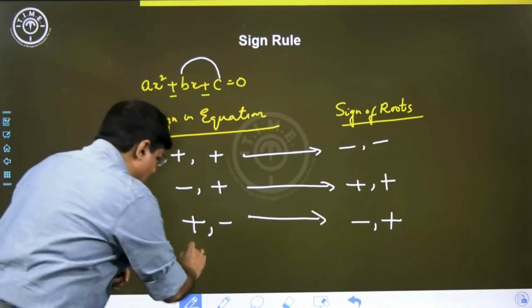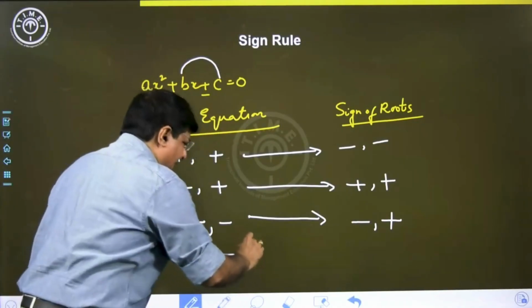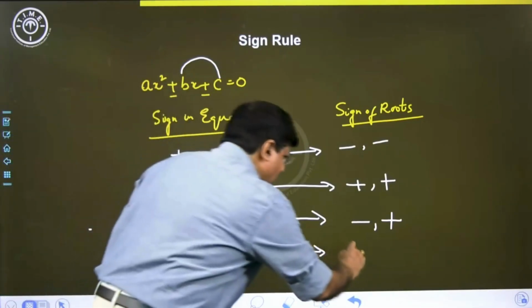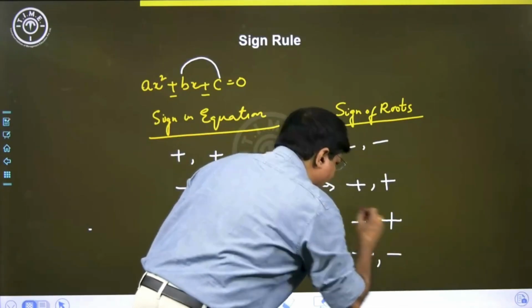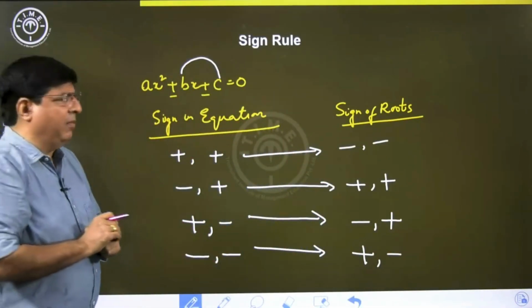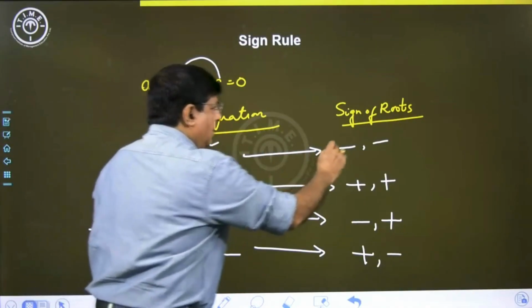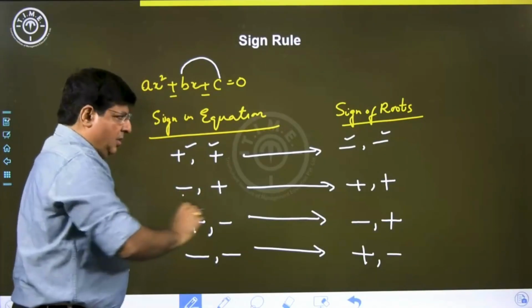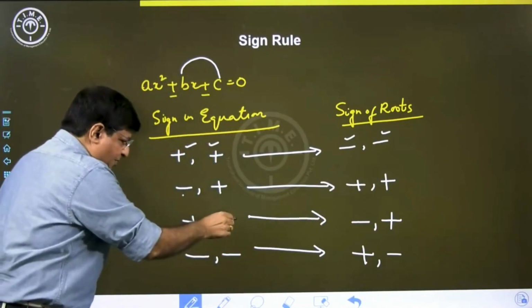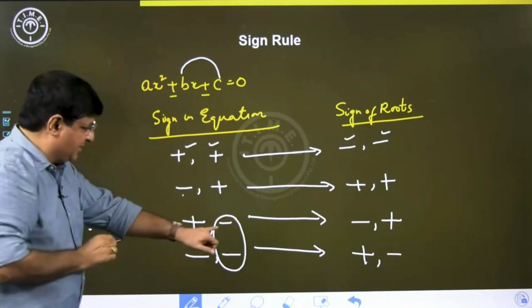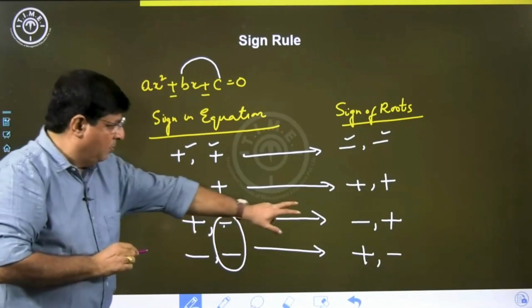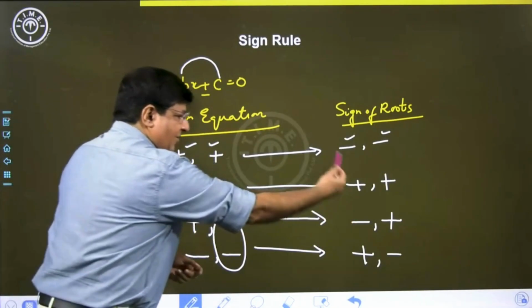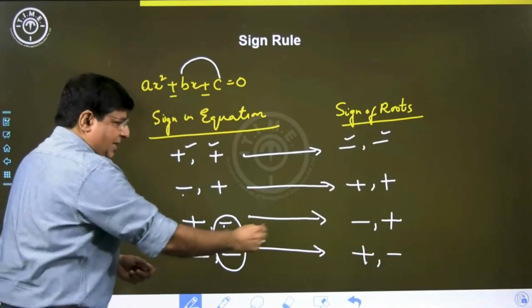The last case is both the sign in the equations are minus, and what will be the sign of the roots? Here it is minus, so you will have a plus here and you will have a minus here. Very easy to remember. If both are plus, the sign of roots are minus, minus. If B is minus and C is plus, both are plus, and if there is minus at the end, that is if the sign of C is minus, both the roots will be of opposite sign. If it is plus minus, there it will be minus plus. If it is minus and minus, there it will be